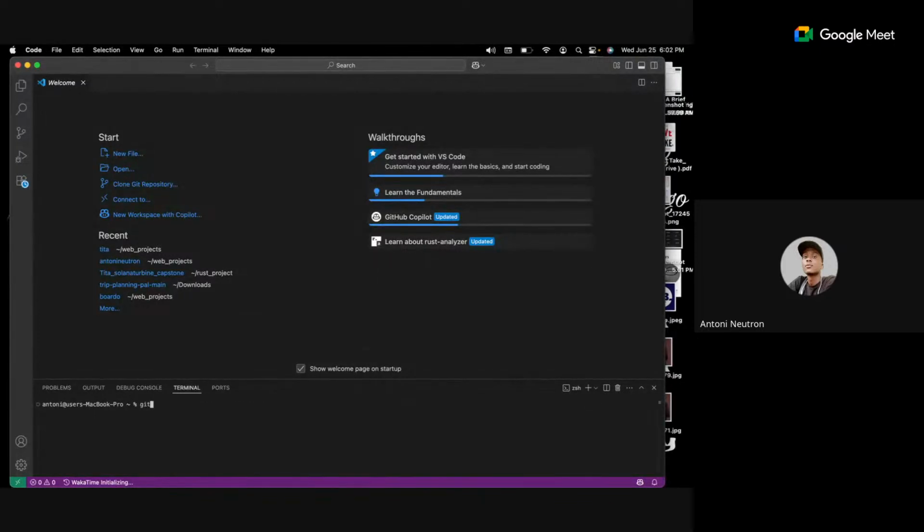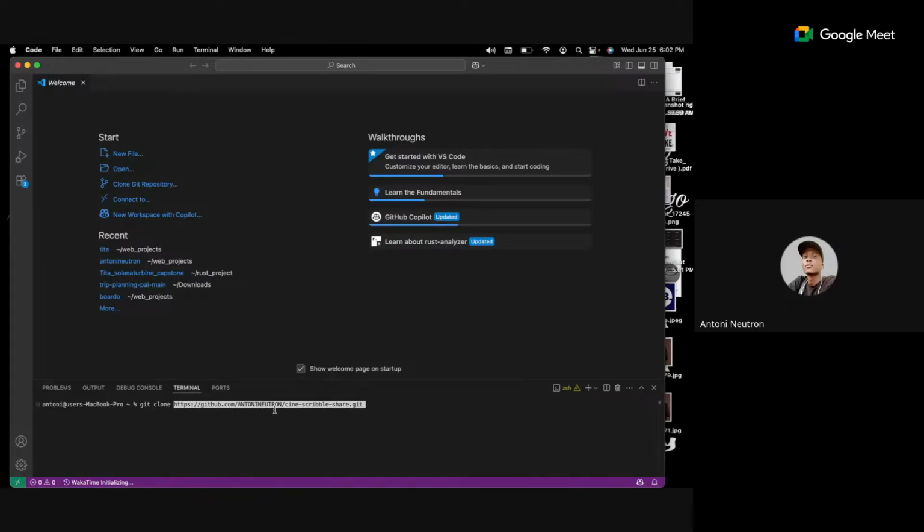So now Git. The reason why I'm able to use this command is that I have Git installed. So Git is basically a way for us to get our code directly from GitHub down locally. So I can say git clone,